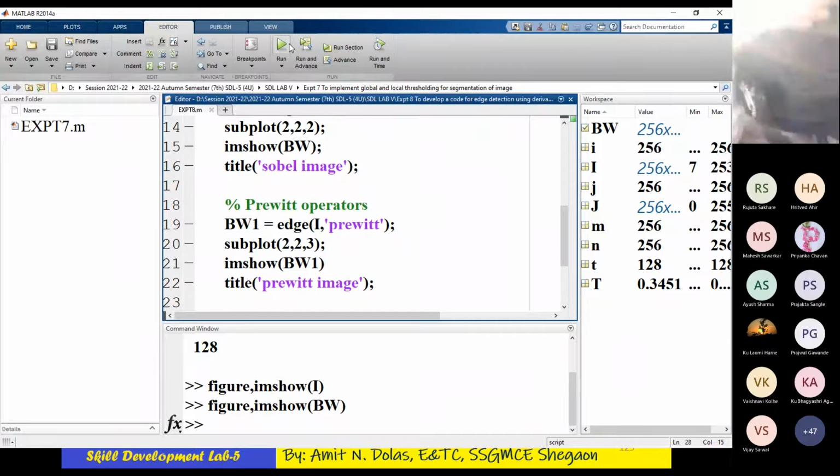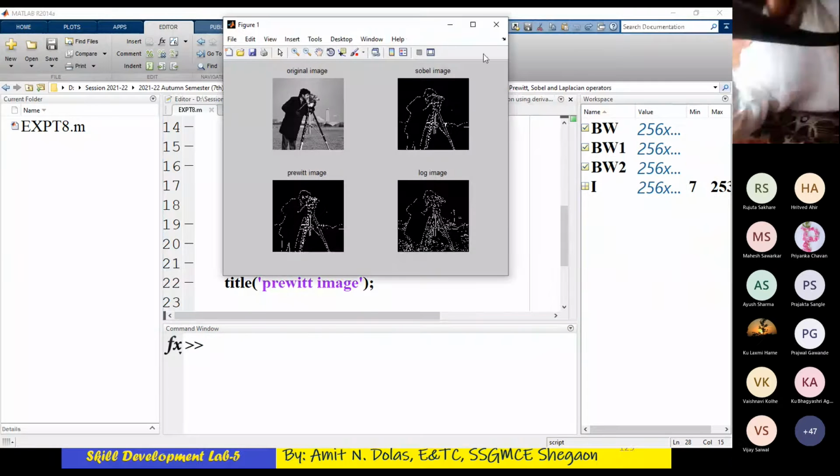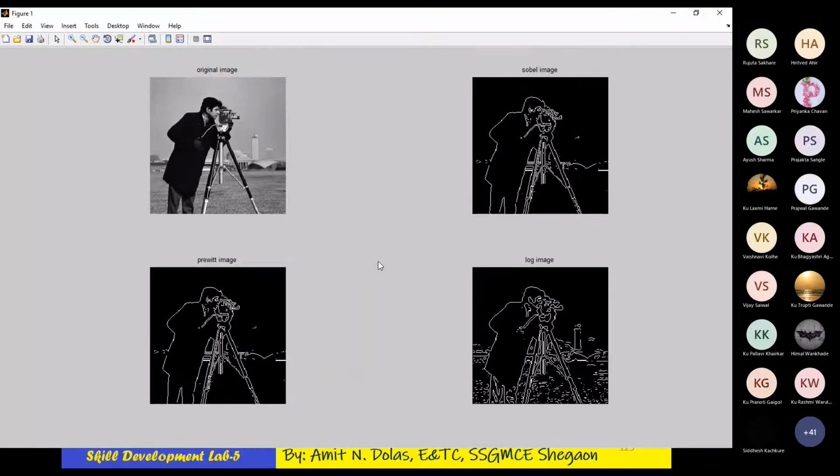Later on I'll just simply run this code. So after this code you'll get the output image of different filters, Sobel, Prewitt and Laplacian filter, and the edges of the image are detected, wherein you can see Sobel and Prewitt are quite good.